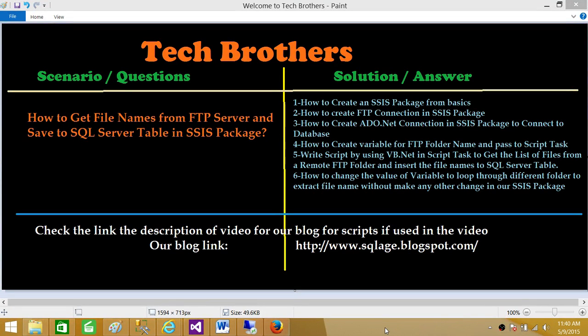Today we are going to learn how to get file names from FTP server and save to the SQL Server Table in SSIS Package. So on the right side, what I have all the contents we are going to learn in this video. We are going to learn how to create SSIS Package from scratch. We are going to learn how to create FTP connection in SSIS Package. We are going to learn how to create ADO.NET connection in SSIS Package to connect to database, and then we